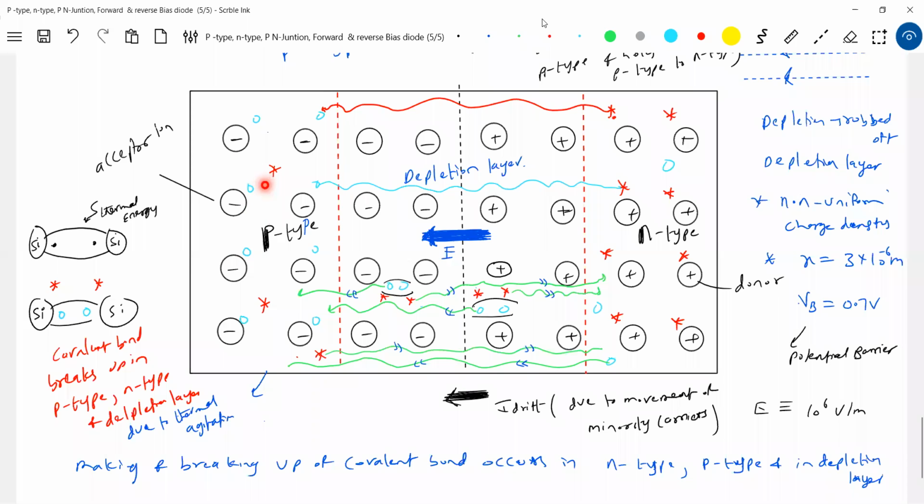I'm just explaining the statement because I can't give much of a diagram. Suppose two holes have moved here, two electrons are lost, recombination occurs, and two valence electrons came. The same two covalent bonds break up. Two electrons and two holes are generated. The two electrons which were lost got back. The two holes which are generated move because they're minority carriers, and they come and settle here. Like this, making and breaking up of covalent bonds will take place all the time at all points.